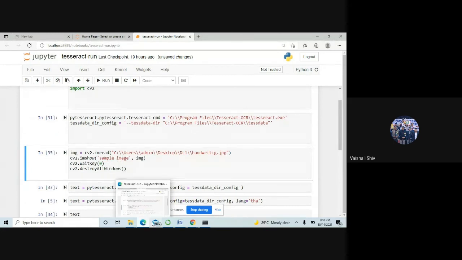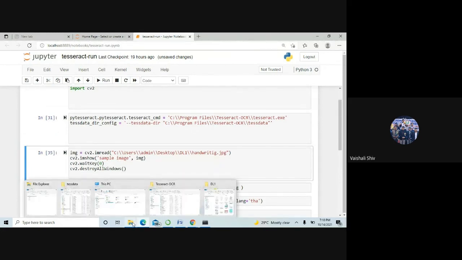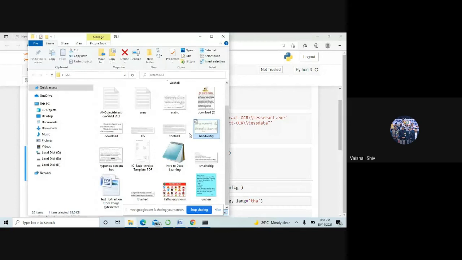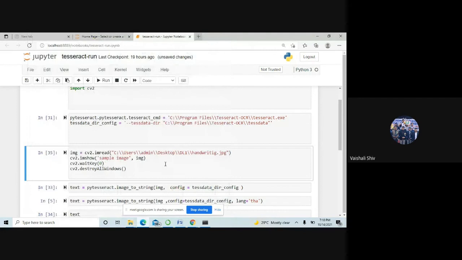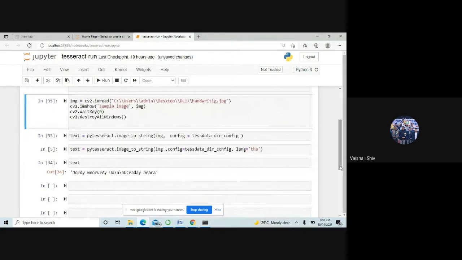Now we will see some other language, Arabic. For other languages, English it will take by default, but for other languages you have to provide a parameter called language.